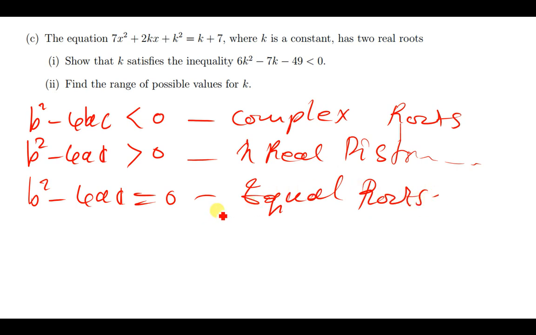So it is very important to know these three statements that I've written on the screen. Okay, so let us quickly move on. We solve this equation. They are saying this equation has two real roots. So if it has two real roots, it means that the given equation has